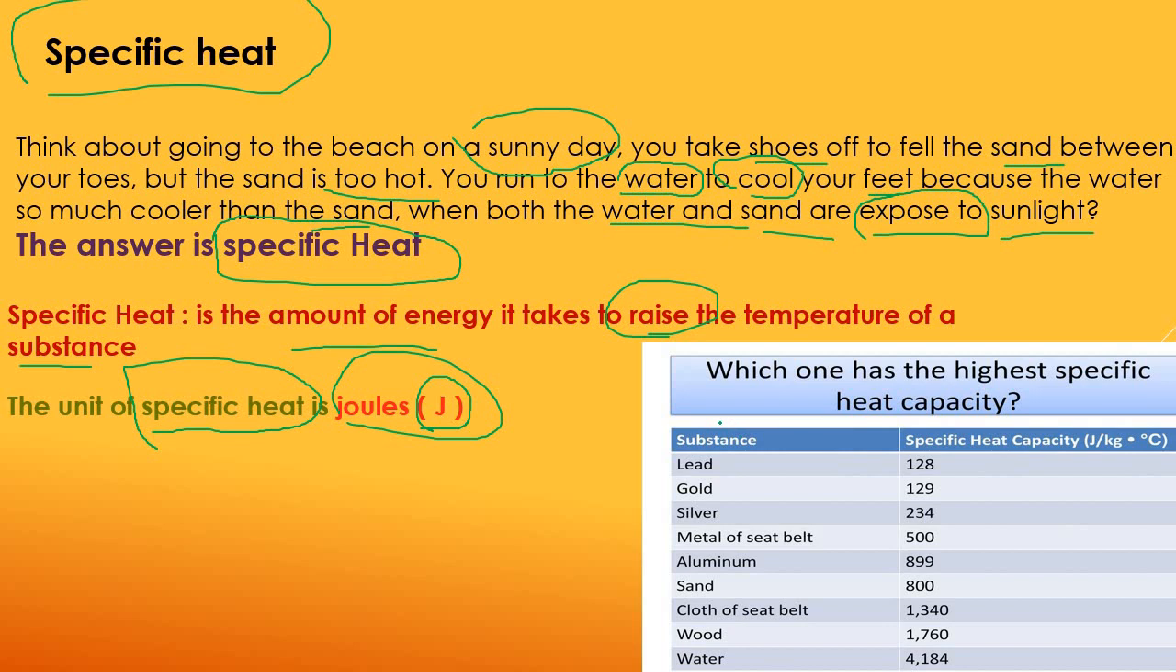Look at this table. Lead has a specific heat of 128. Gold has a specific heat of 129. Silver 234. Metal of a seat belt 500. Aluminium 899. Sand 800. Cloth of a seat belt 1340. Wood 1760. Water